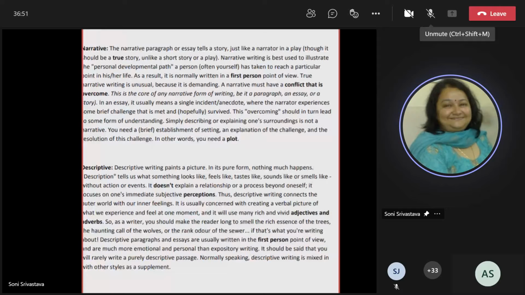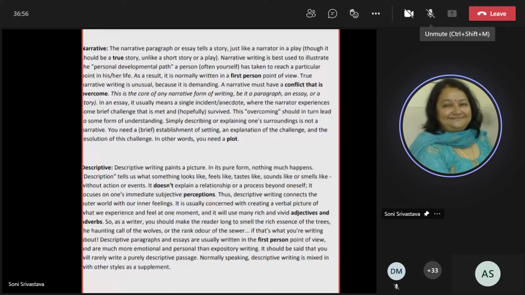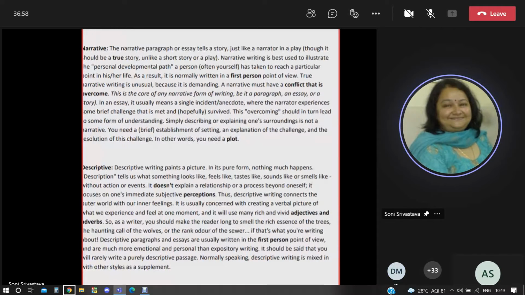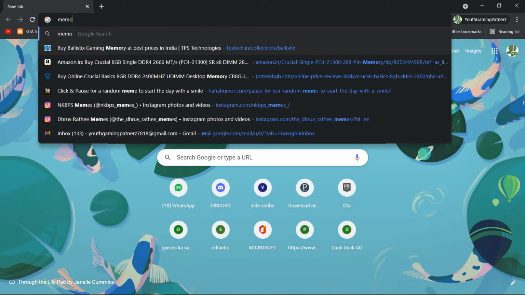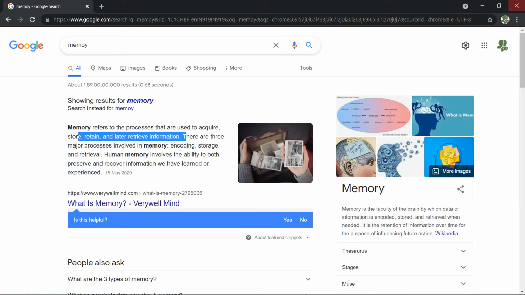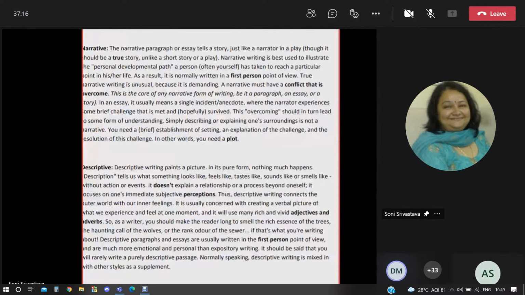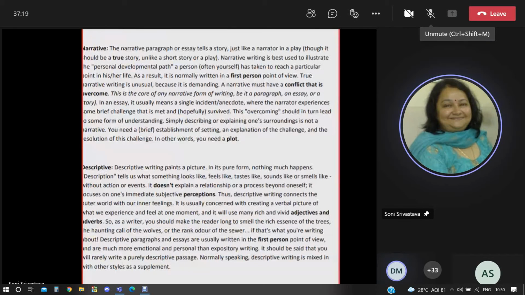Don't you consider biographies and autobiographies to be one? Beta, I'm just coming to that. Just first listen to me. Yeah, you are right, absolutely right. We'll come to that. But tell me, what is a memoir? Then it will be more clear. Tell me, what is a memoir, Dishan? I suppose it has something to do with someone's memory. Someone's memory? No. Tell me, anybody who has an idea?